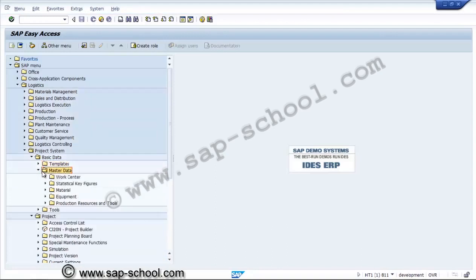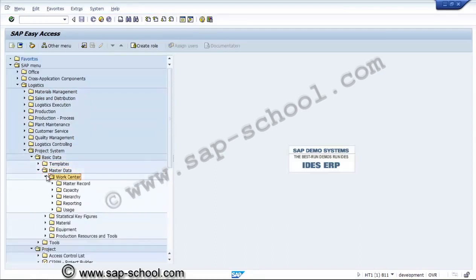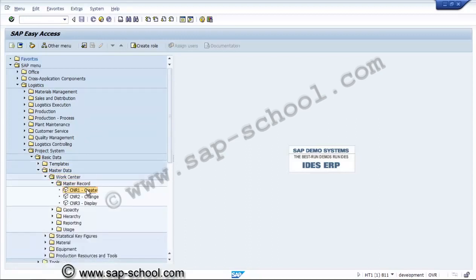So before going for the networks, we require the work centers also. We'll create work center for the network.